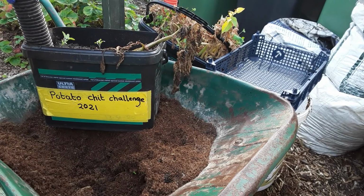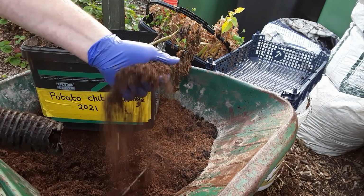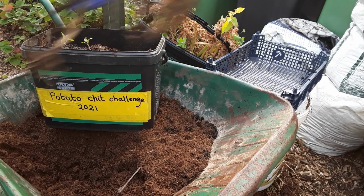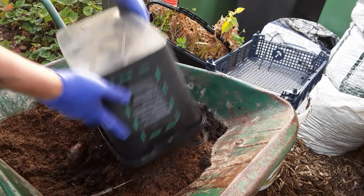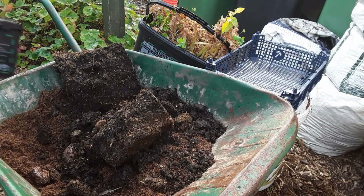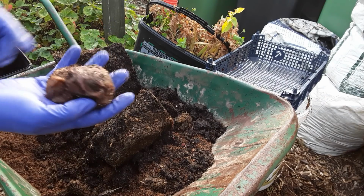So we'll do the potato chit challenge first. This is the compost from the cocoa coir and coffee grounds. And as you can see, everything's gone rotten, so I don't think I'm going to get anything out of this, but I'll mix all this together. Not use that bucket again, but there's the potatoes,